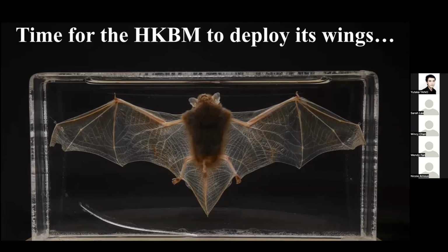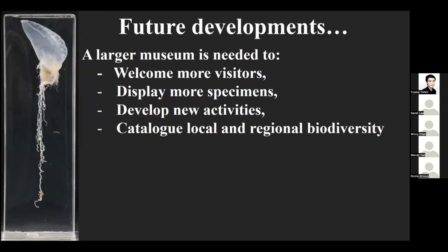Now, if we talk about the future, I think what we have been able to show is that there is a very strong interest for this kind of museum here in Hong Kong, and it's time for the HKBM to deploy its wings. So for the future development, what I hope to achieve, of course, is to welcome more visitors,